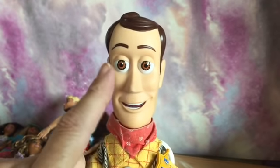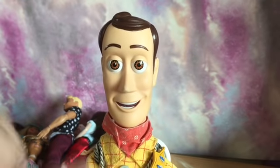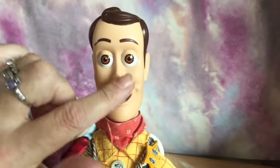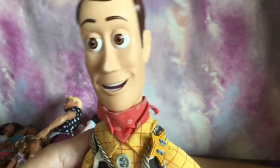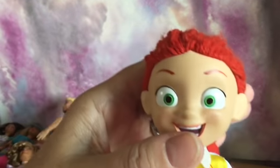What I did with his nose was I literally just filed it with a nail file until it looked like someone had bitten the end off it. So I've just reshaped it a bit so that you can't see that nibble on the end of his nose now. Also in that bundle I got Jessie, and when I got Jessie she did have a lovely